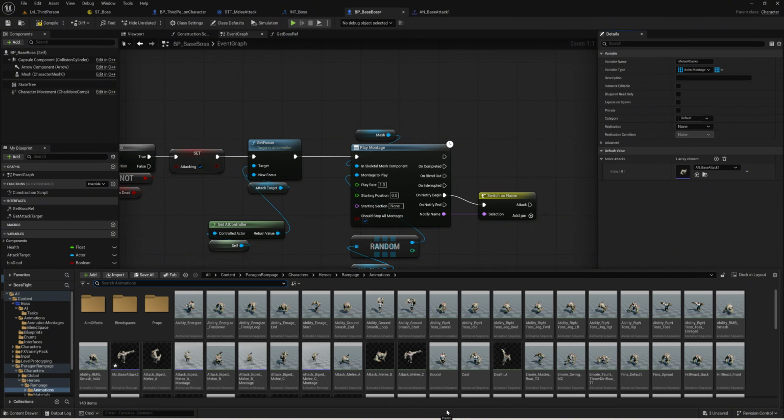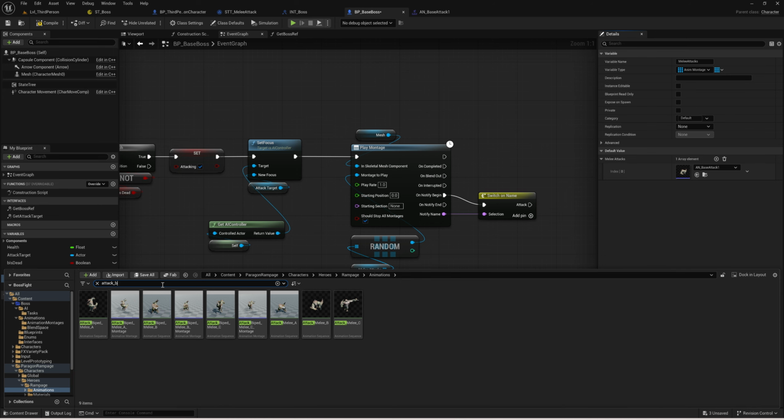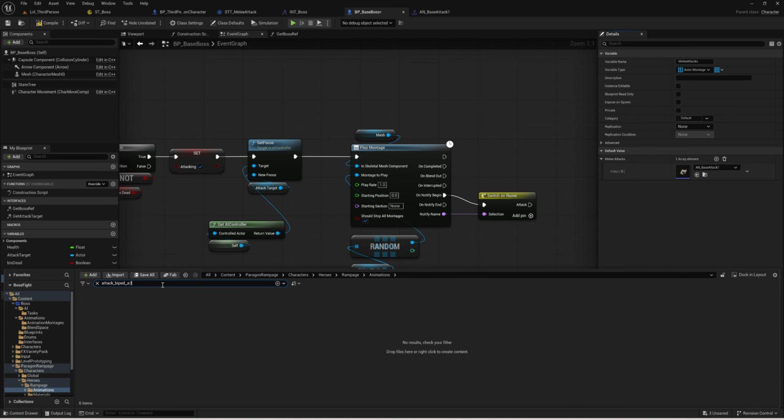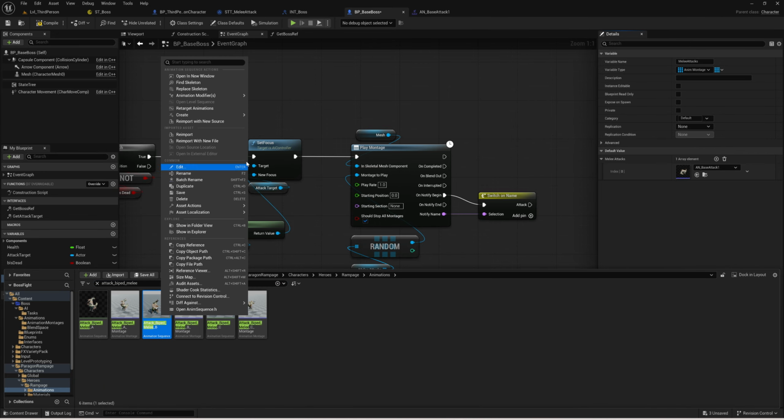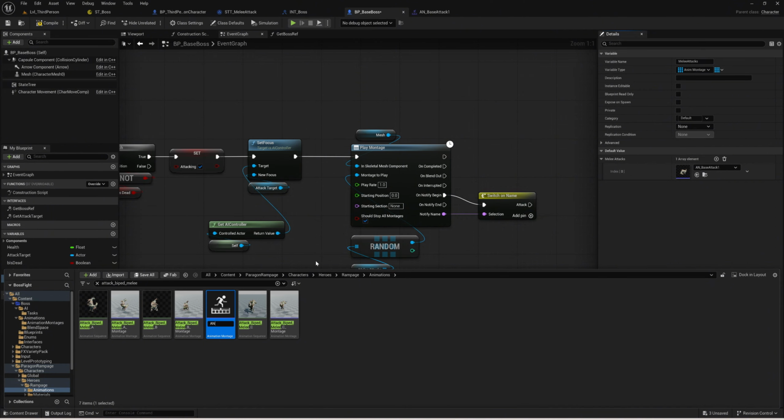And the third one we want is attack_biped_melee_B. So right click on that, go to create, anim montage, call it